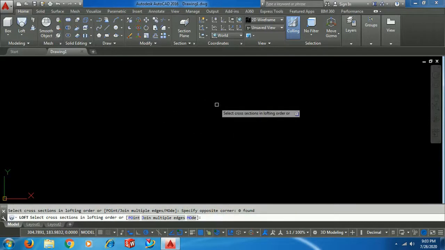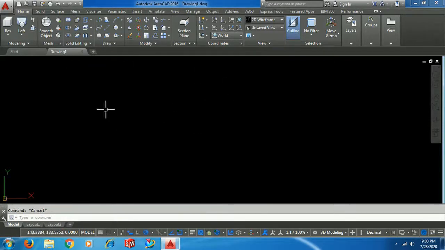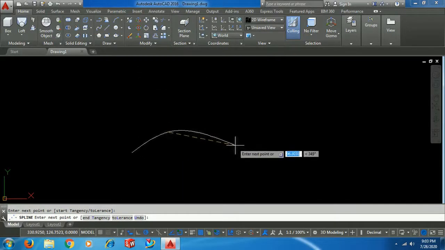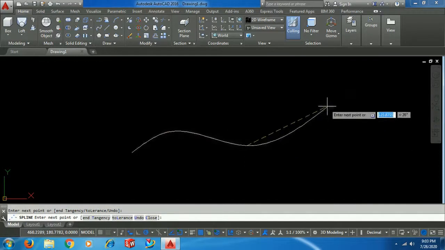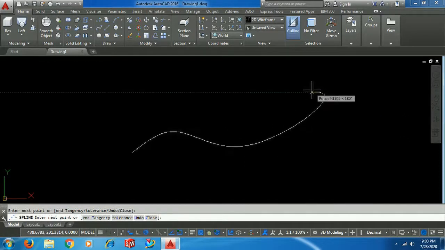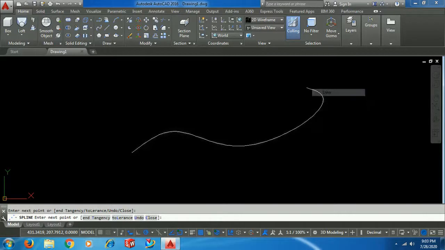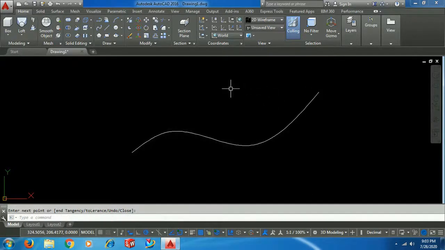So for that, this is in top view now. I take a spline, or an arc, whatever you can take.